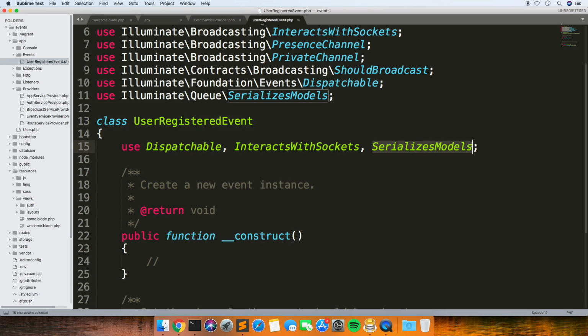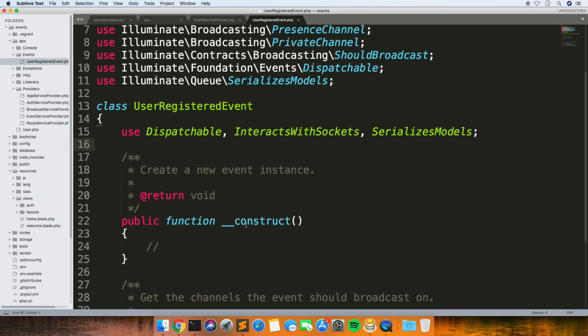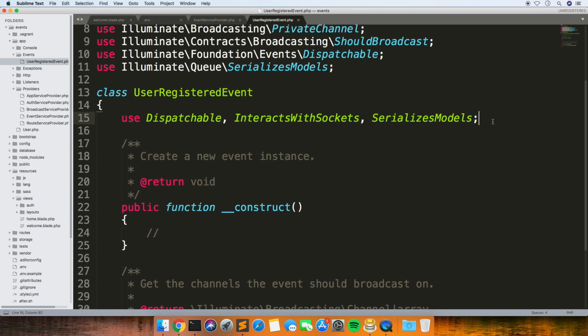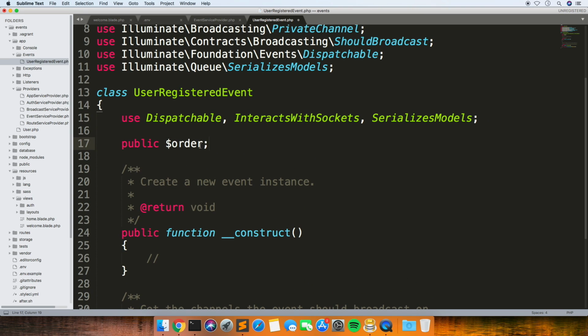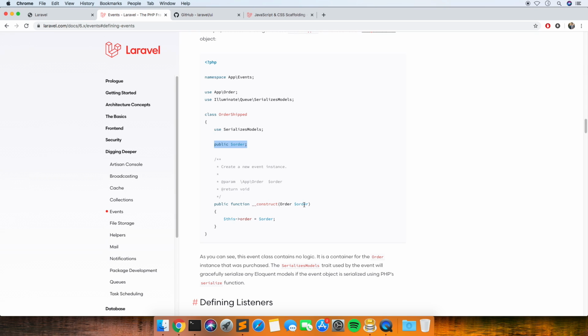Yeah, so it's got that there. And then this is your model that you're passing it. So they're using an order, but we want user. So I think they just had it there. So if you change that to user.